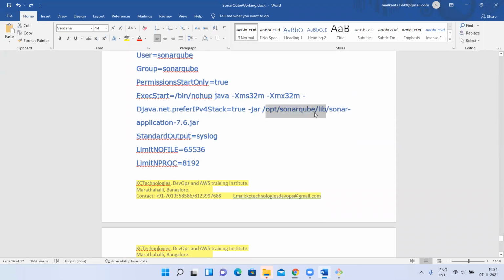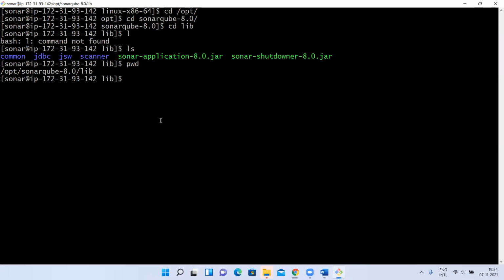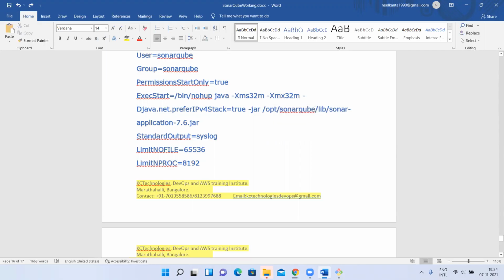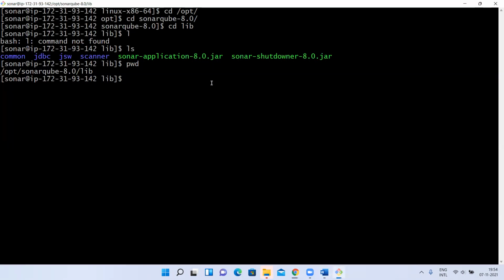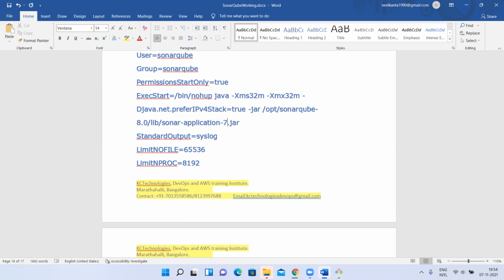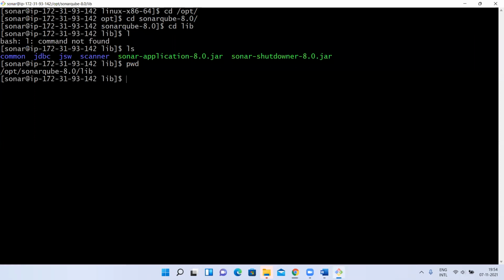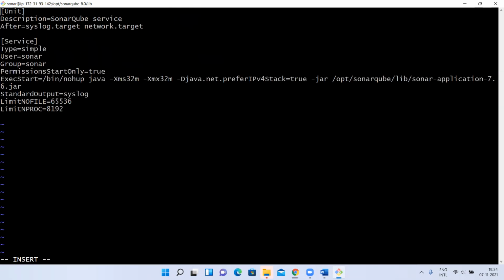For now, sonarqube-8.0, let me keep it. Here sonar-application 7.6 is there, but for now I'm using the 8.0 version, so let me change it to 8.0. The same line you have to keep there.